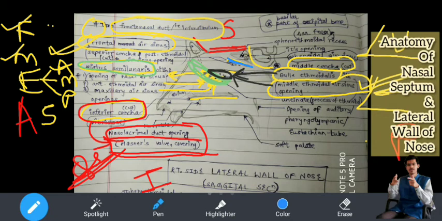इसके नीचे तुमको दो होल दिख रहा है. क्या लिखा है इधर? Superior concha cut with posterior ethmoidal sinus opening. Posterior ethmoidal sinus. तो ये posterior ethmoidal sinus हमको blue में लिखना पड़ेगा क्योंकि ये किससे रिलेटेड है? ये superior concha से रिलेटेड है. And above the superior concha, you have the sphenoethmoidal recess. Now, so opening related to superior concha is only one, that is posterior ethmoidal.